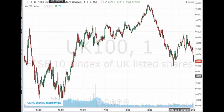Finally, this is the 1 minute chart of FTSE, just happened to come up. So, I mean, 6220 is a key level. I mentioned the 20s to you before. You can often sell if you see a peak around the 20 level and then you see a break below the hundreds. That can make for a very nice trade, in the sense you can sell, say, around 6195 or thereabouts, 25-point stop, and you can catch some really big moves that way,